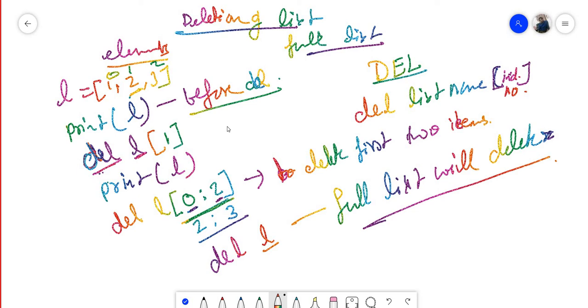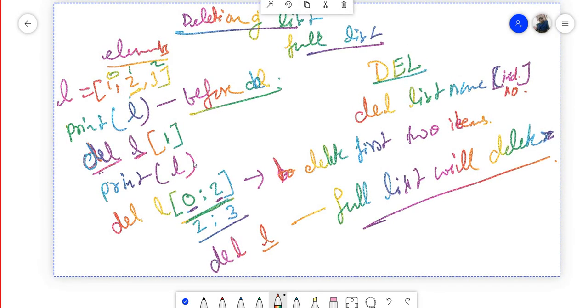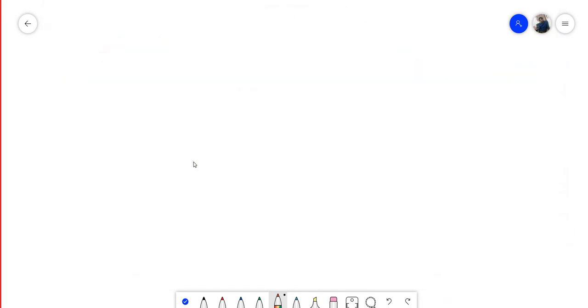Now some operations I am going to tell you. Some operations like, suppose that I have written, I have already told this but I am telling you in a different manner, 4, 2, 3.